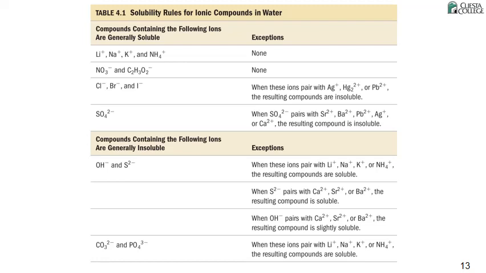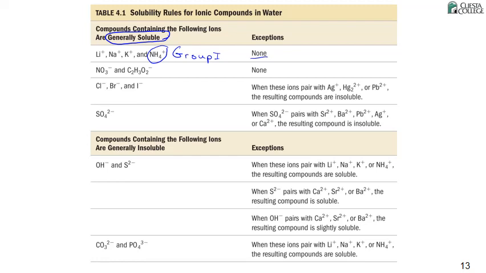The top half of the table has compounds that are generally soluble. There's a specific rule that most of the group 1 elements, the lithium, sodium, potassium, rubidium, and cesium too, but chemists don't use those very much, that those ions typically make compounds that are soluble. Ammonium is another one. It gets lumped in this group because it's a +1. So the group 1 on the periodic table plus ammonium, those compounds are typically soluble with no important exceptions. So if you ever see a sodium compound or a potassium compound, you know it's going to be soluble in